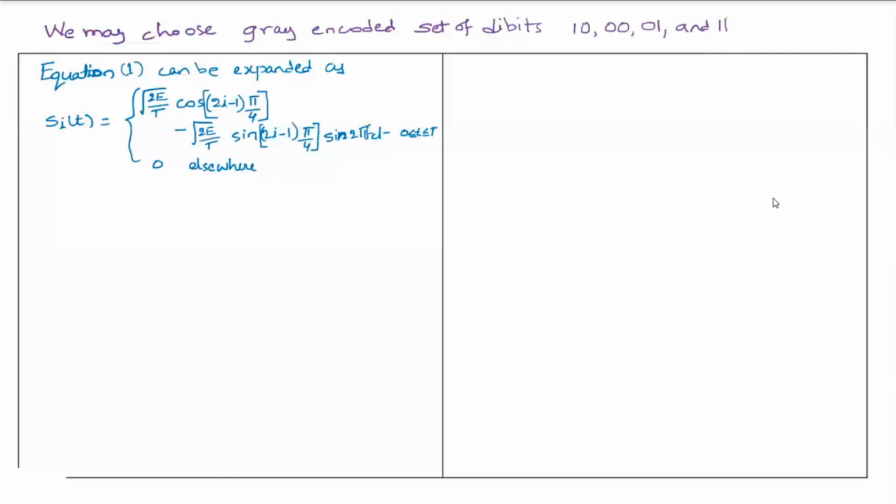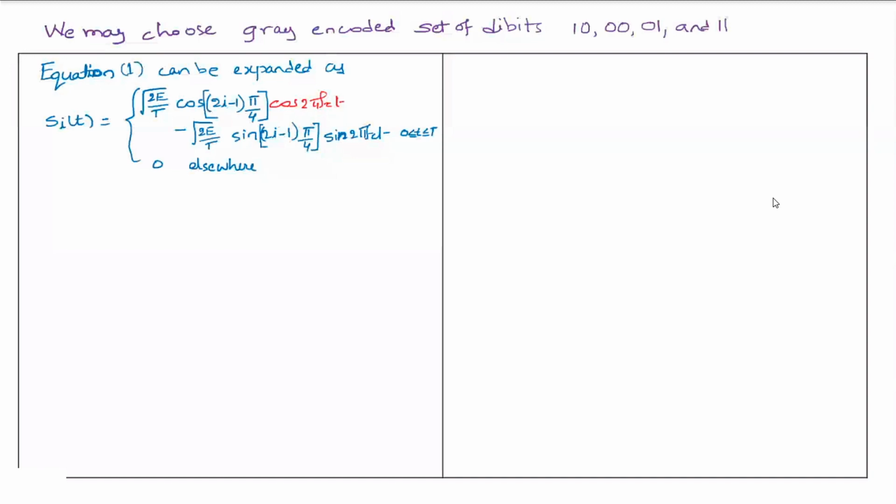Like that we can have the expression for the modulated wave si of t. We have seen in the past, si of t is nothing but square root of 2E by T cos of 2 pi fc t plus (2i minus 1) into pi by 4. Now if I expand cos(a plus b), I get cos a cos b minus sin a sin b. So here it is cos 2 pi